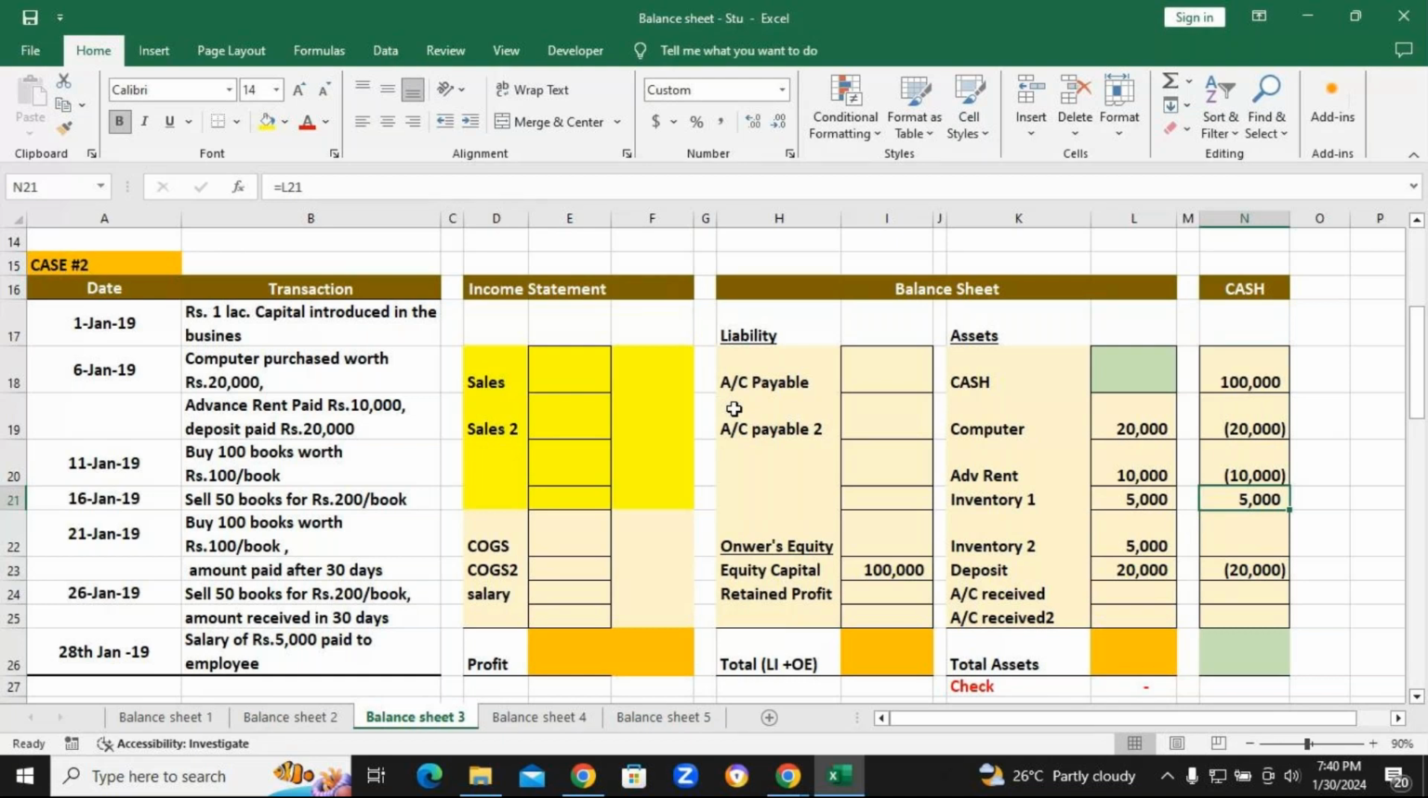So what are the payables? The first time I bought the books, it is 100 books at the rate of 100 rupees. And payable, the second time I bought the books, 100 into 100. That is 100 books I bought at the rate of 100 rupees. And receivable. The first time I sold the books, how much? 50 into 200. So the second time it is,